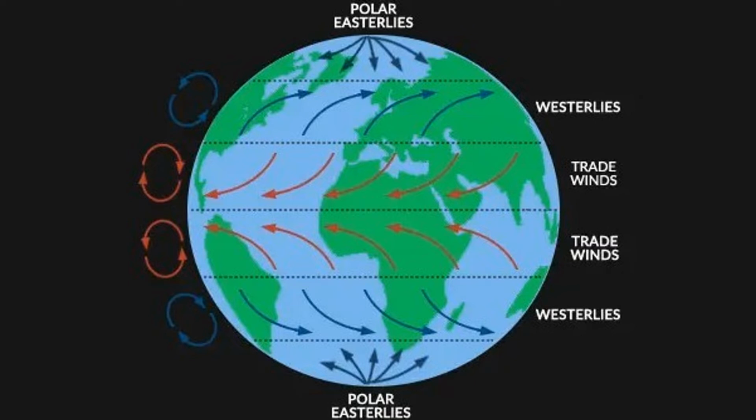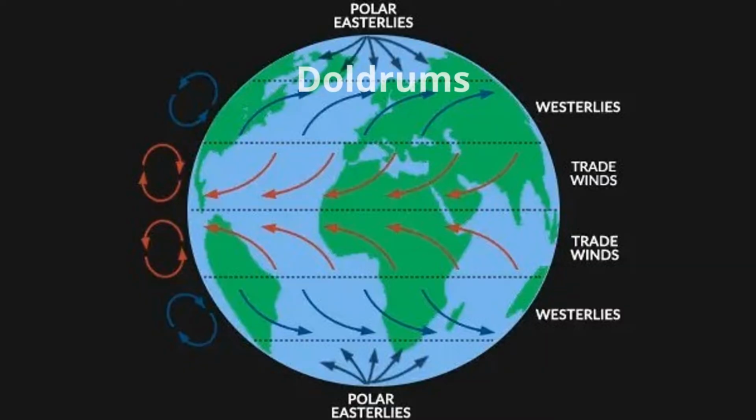Right above a subtropic high, I'm going to get a wind because it's still going clockwise, but now I'm above it. So it's going to go from the west towards the east. Well, what are we going to call that? Remember, winds are named from whence they come. So if it's coming from the west and going to the east, it is going to be called a westerly, right? And then right above that, I get another little area of doldrums where there's not a lot of wind